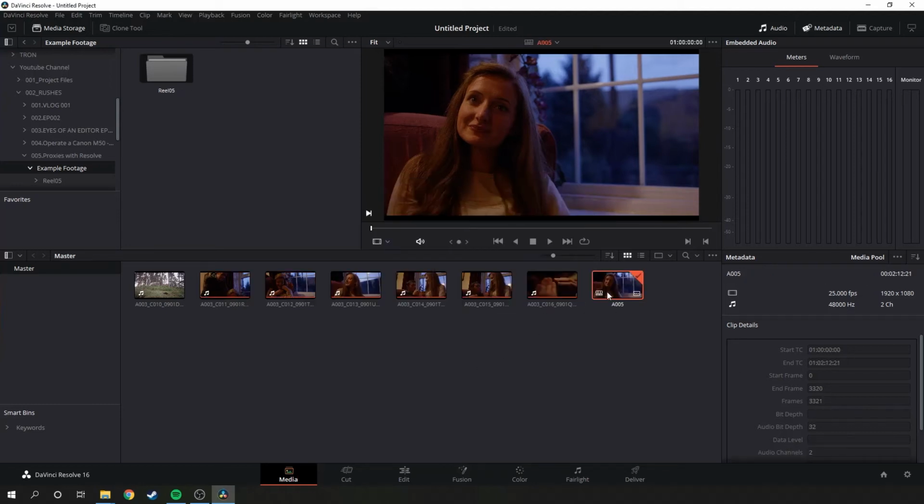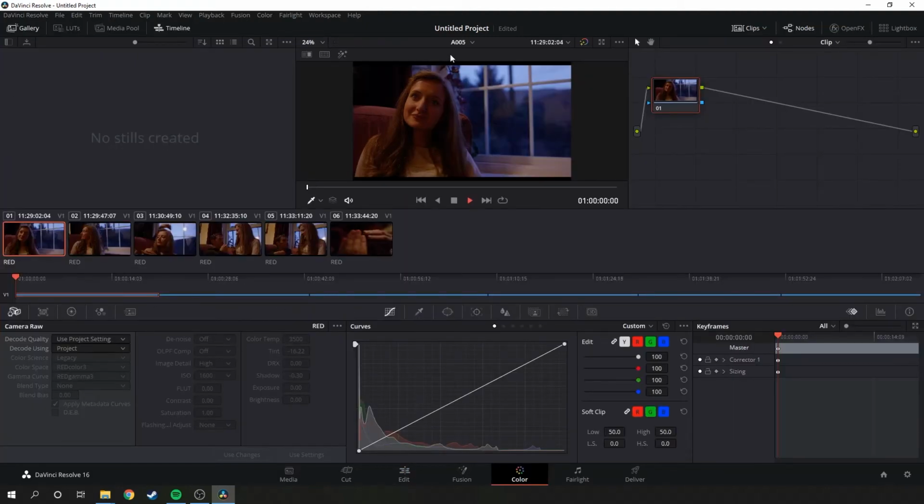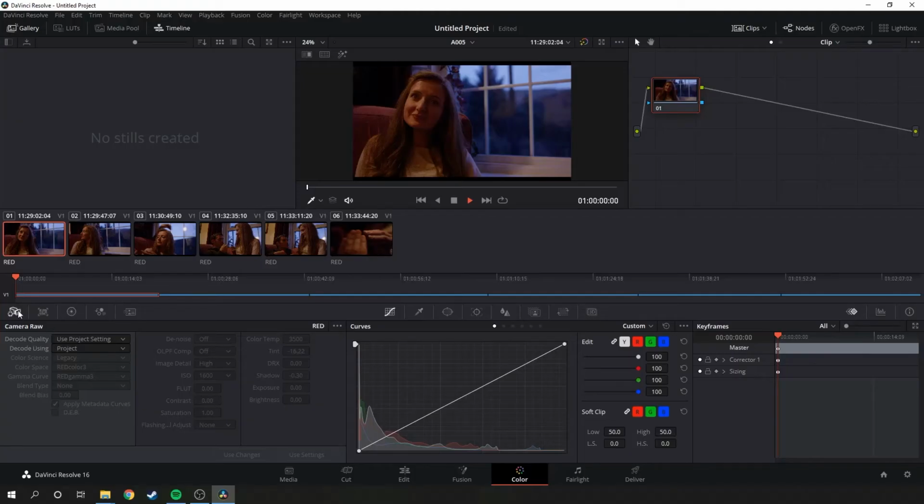Create that. And then when I go to my color panel, we've got A5 over here. This is the reel. These are all the clips that are involved. The great thing about camera raw is that you can make changes to all the settings on the camera as if it was before you captured the image. So I'll just show you that here. If I go down to Camera Raw here, currently it's on project settings and decode using the project. If we switch this to clip, we get all of these options here. So I'm just going to bring up the brightness,